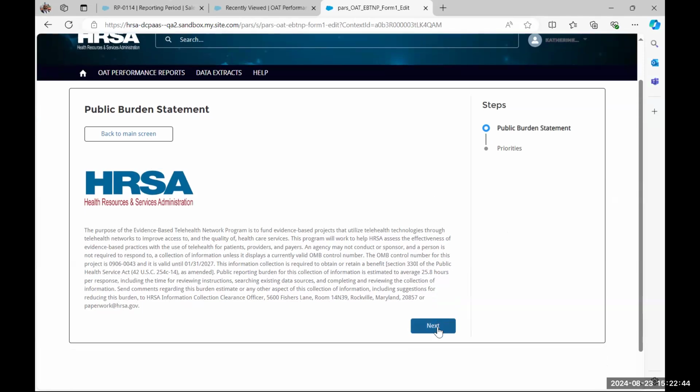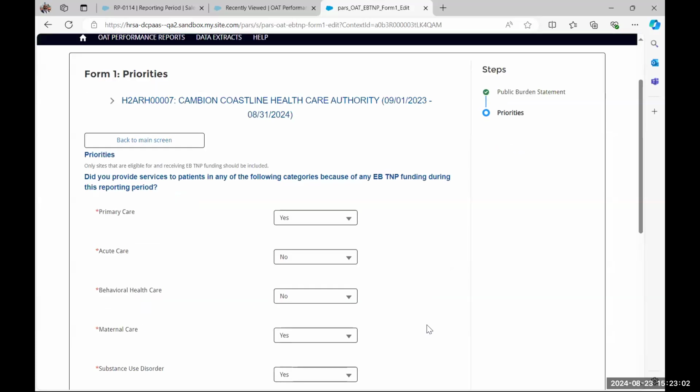The next button is very important. The next button is how your work is saved as you're going through your performance report. So that's very important to remember. Clicking on the next button is how you save your work. We're going to talk about that a little bit more. But for now, I'm going to click on the next button and take you to the next step in this form,